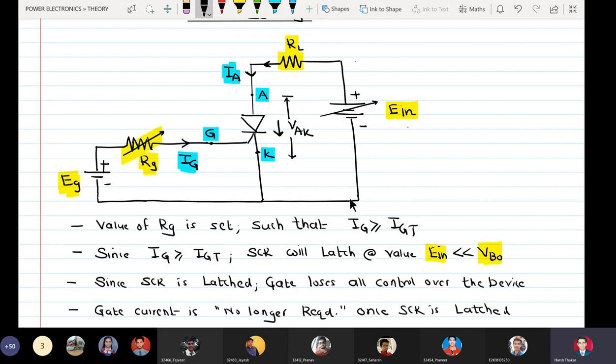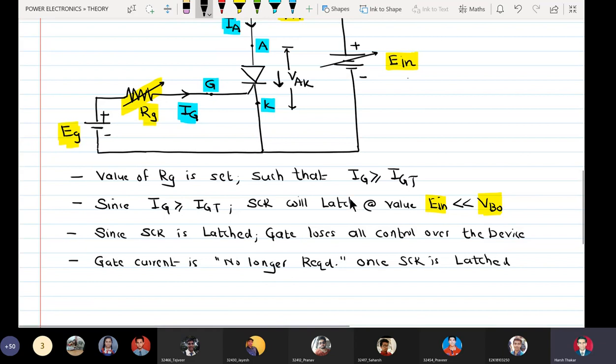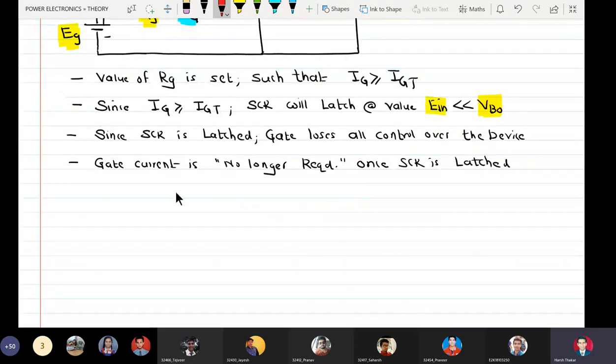So now once the SCR is latched, you don't need the gate current at all, but still it continues to flow inside the gate terminal, leading to unnecessary gate power dissipation.